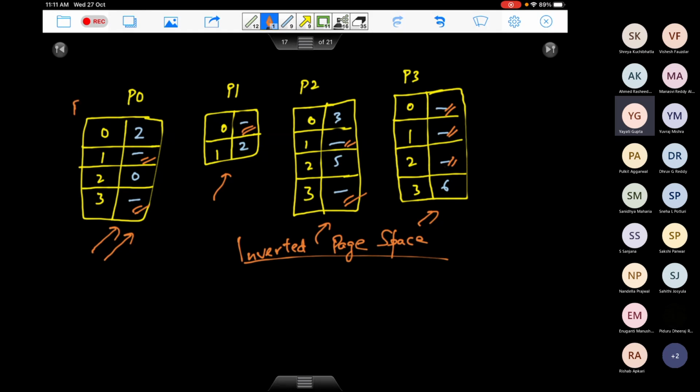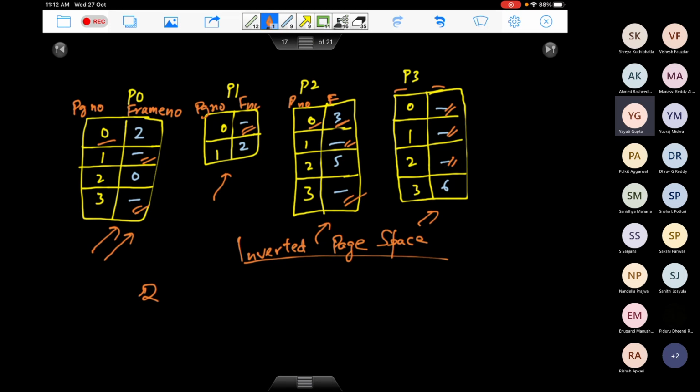So what can we invert here? If you look at this, this is the page number, and corresponding to that page number you have the frame number in memory. Same thing here, page number, frame number for 4 different processes. So what does inversion seem like? Maybe instead of mapping page number to frame numbers, let's map frame numbers to page numbers. Then what will happen? If you look at frame number 2 of process 0, it corresponds to page number 0, but corresponding to process 2, frame number 3 also corresponds to page number 0. So I cannot directly map it.